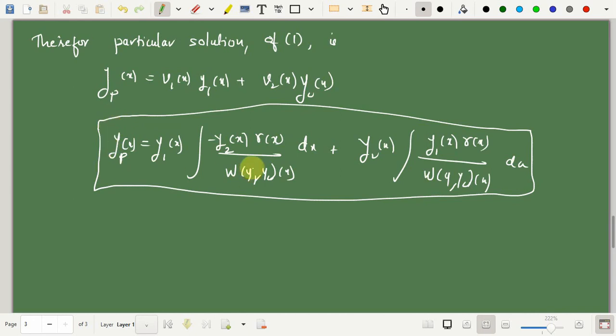Another limitation that one can have is this integral. The integrand coming in this integral sometimes may not be possible to integrate, or it's a bit cumbersome to evaluate. So that is also there. But it can be used as a general method to find the solution of a non-homogeneous differential equation. That's why we have a powerful method which dominates the undetermined coefficient method. So with this I end this session.